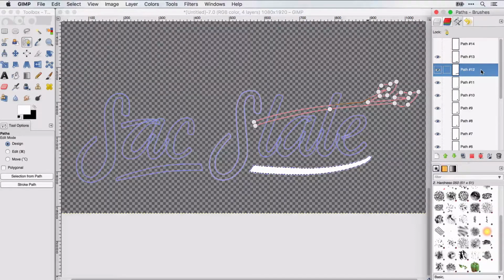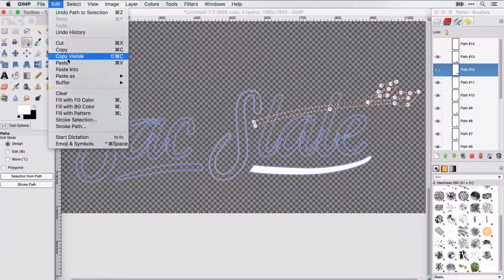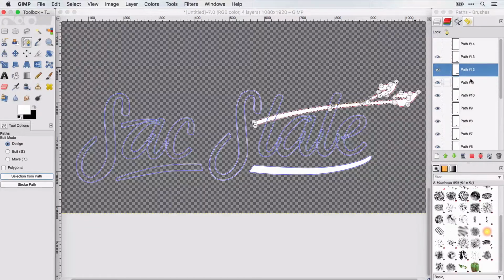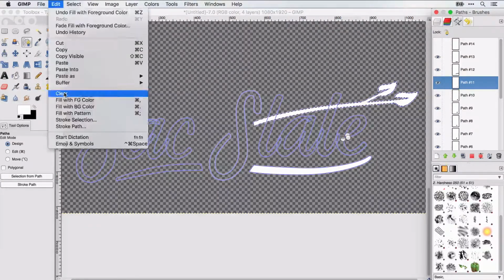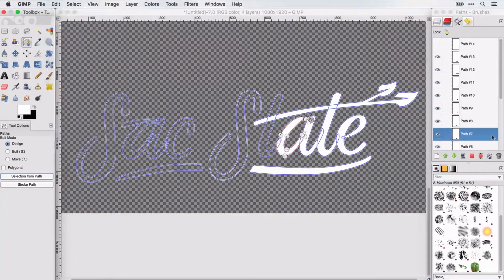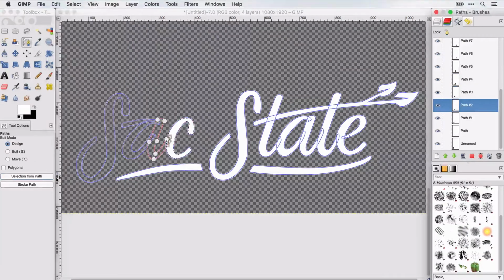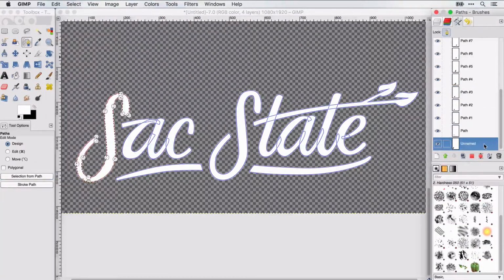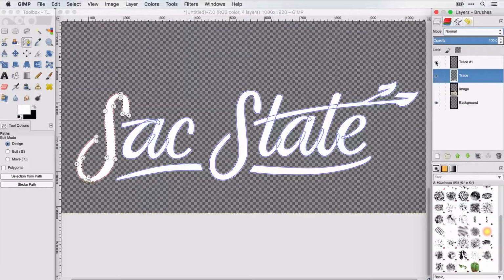So we're going to select this next path, go to the tool options, and then select selection from path, go to edit, and then fill with foreground color. And then you continue to do that with all your shapes. Alright, so now all your paths should be filled in with the foreground color and come together to create a complete shape. Now what you can do is go to the layers panel and create a new layer